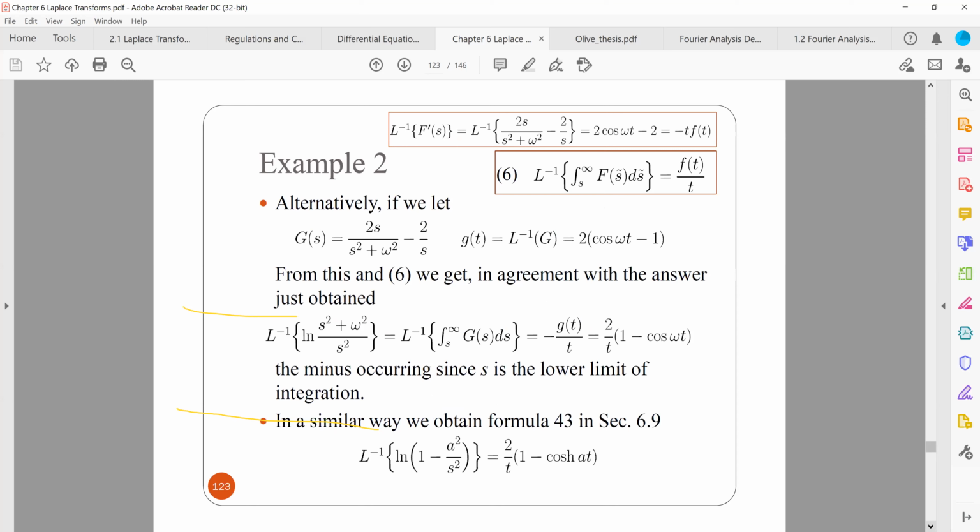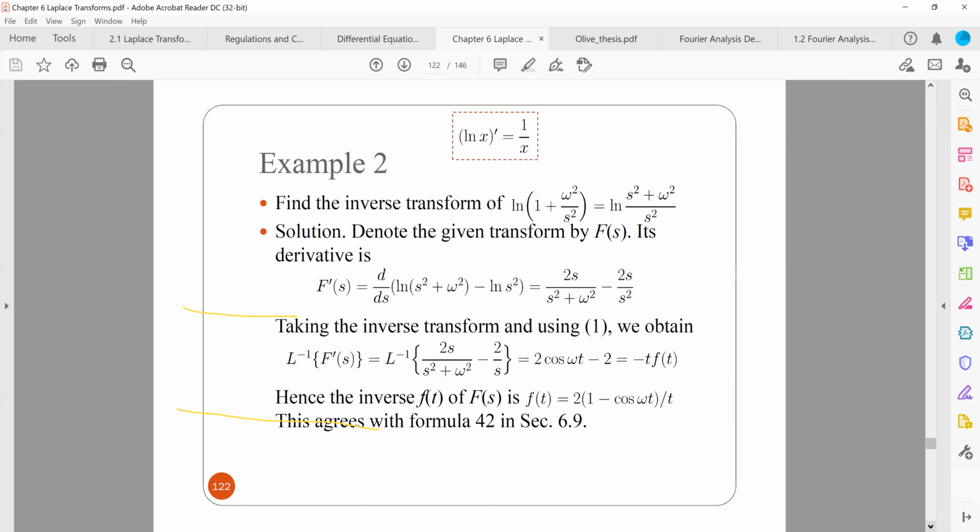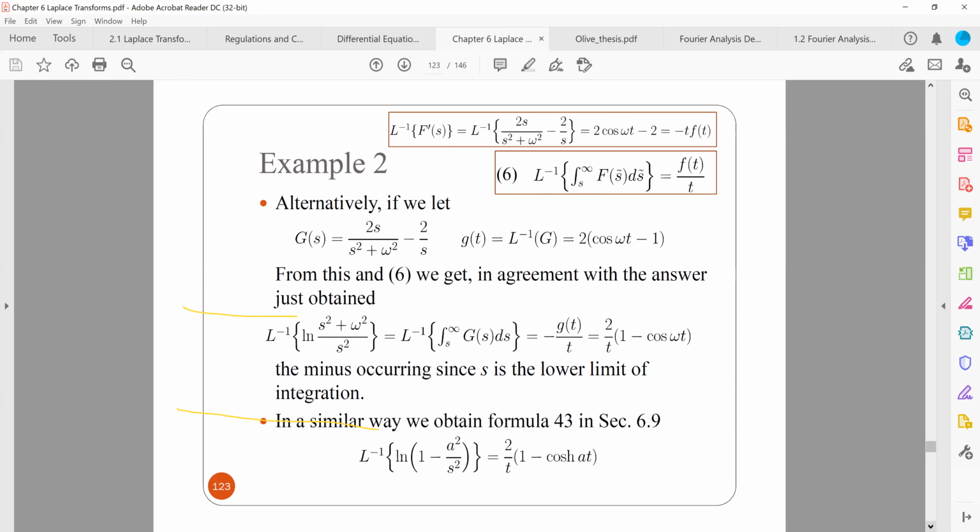Okay, this was an alternative way of looking at it, which is essentially after getting the derivative, we denote it by g(s). It's more or less the same, but let's just go through it. So this is saying after you get the derivative of F(s), you denote it by some g(s), okay? Then you get the inverse transform, which is going to be 2 cos(ωt) minus 1, okay? And then